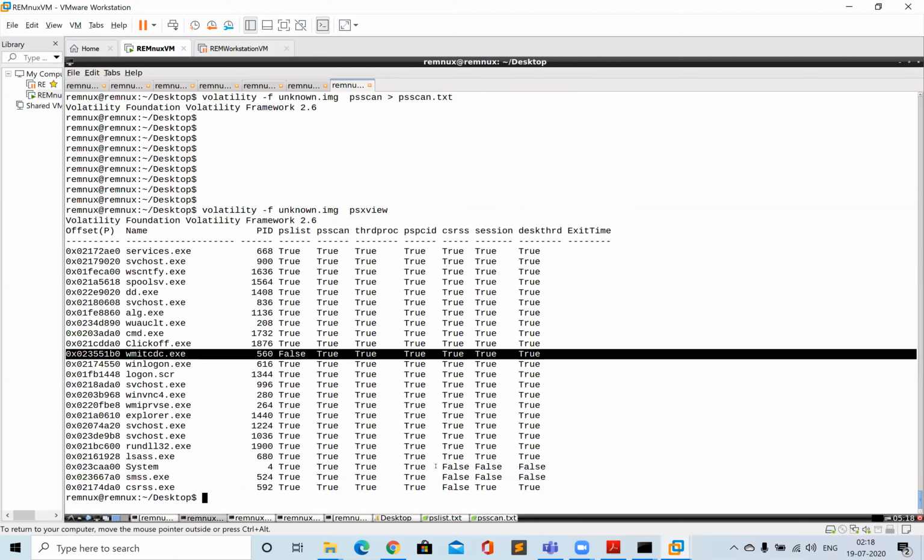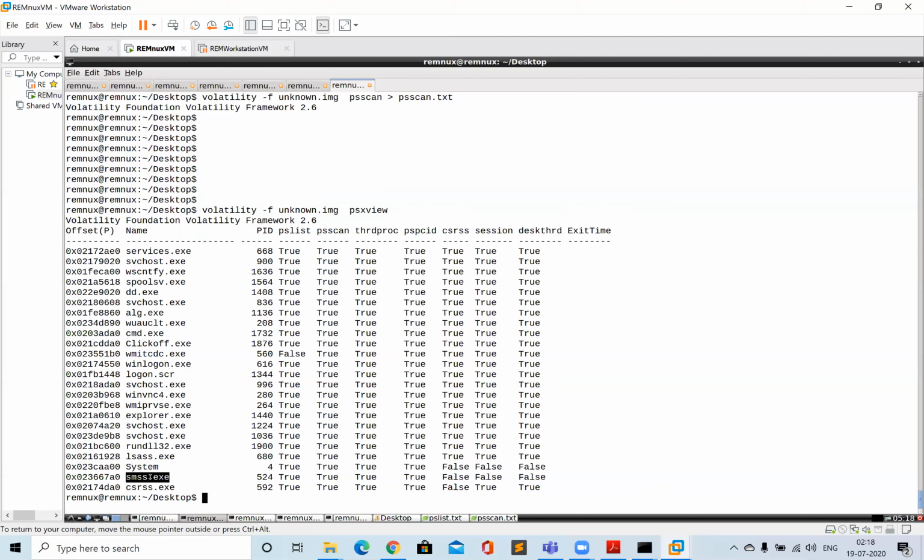Okay, so now let's look again. There are some processes like smss.exe and csrss.exe, which are false in the last processes. So what does that mean? Mostly what happened is the CSRSS plugin was run, and maybe they were not able to get the PS List for that. But from this one you can tell that these are not malicious, because the system is actually running with PID value 4.